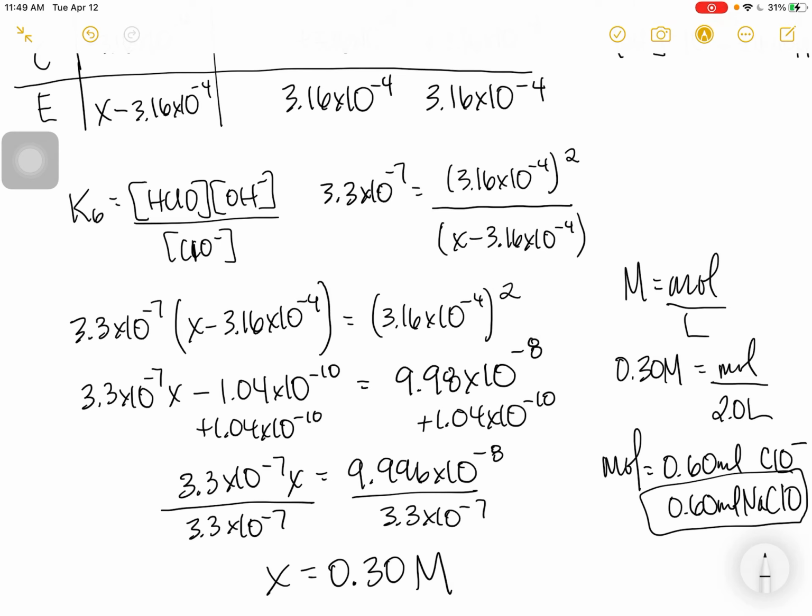Okay, so that was a slightly more difficult question than just a pure straight calculation of like a hydroxide ion concentration from Kb. But still doable with our knowledge of ice charts and